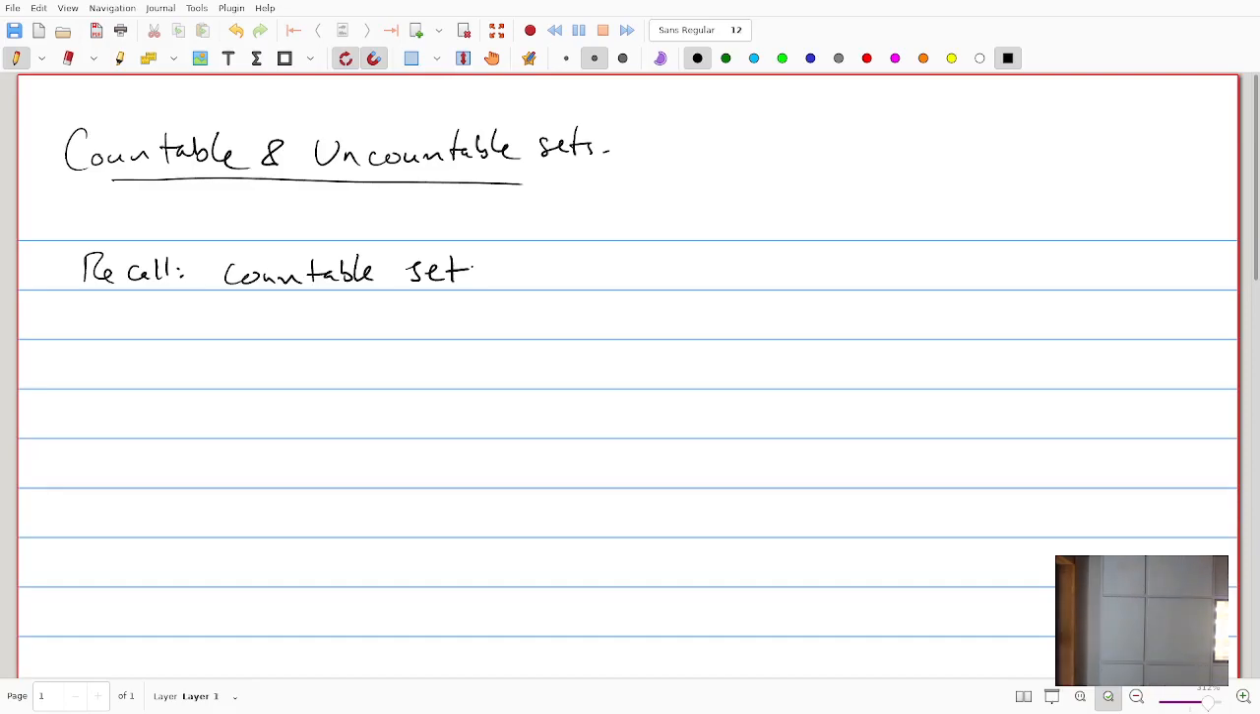Gary, do you have this in your notes? Set up like a bijection with a subset of it, like basically giving everything a number, and if you can give everything a number, that's countable. Right, exactly. So a countable set is one that has a bijection to a subset